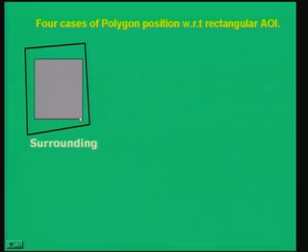Remember, you must visualize that this rectangular strip is the area of interest, it is part of the image which we are analyzing or considering, and we are comparing this rectangular portion of the image with an arbitrary polygon, and this shows an example where this polygon completely surrounds the rectangular area of interest, and that is the case of what we call the surrounding relationship. This is the case of surrounding relationship. I hope you are able to visualize this example. Well, of course, when we see other examples, this will be more clear.